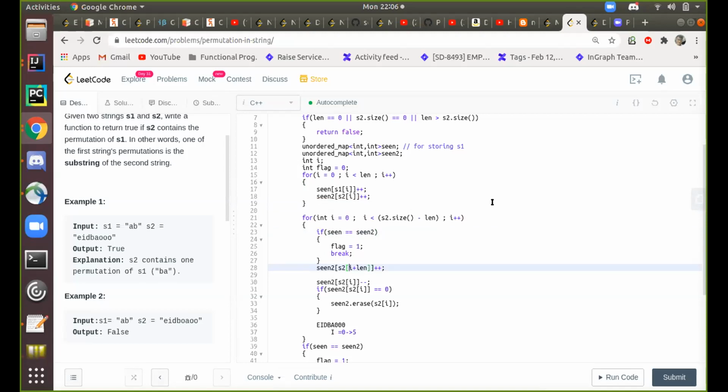Yeah, correct. But if the interviewer says all lowercase, I believe he expects that you should go with an array. So he's hinting that way. Yeah, you should consider the input. So in the array, rather than characters, we'll be putting the ASCII values only, right? Yeah, we just have to use the index, subtract to get the index as a key and the value the same, like you are having here.